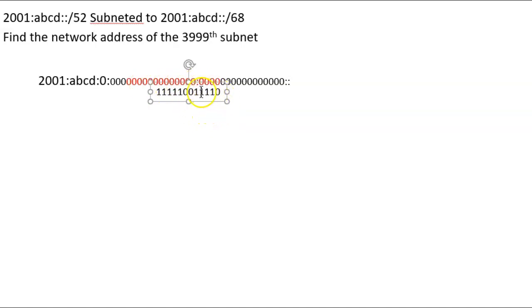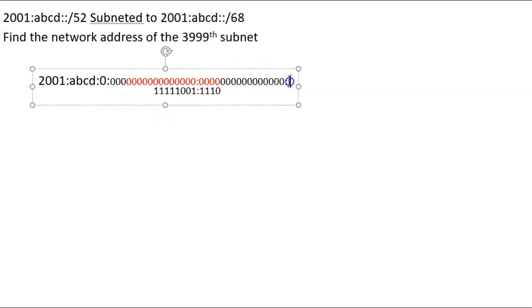Now I can see that there is a colon right there. So let's go ahead and put that colon in and then reline that up again. There we go. That's not too bad. Got it lined up. Now let's see what this thing looks like after we've lined it up.